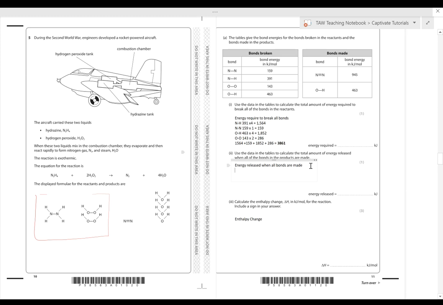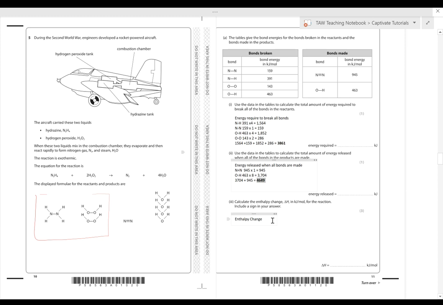So it's a similar process for the energy released when bonds are made. So we've got one nitrogen triple bond, which is here, which requires 945, that's just the one of them, kilojoules per mole. And we've got in total 8 oxygen to hydrogen bonds, 1, 2, 3, 4, 5, 6, 7, 8. So oxygen to hydrogen requires 463 kilojoules times by 8. Again, we use the sum of those two values. So the answer, the total energy released when all the bonds are made, is